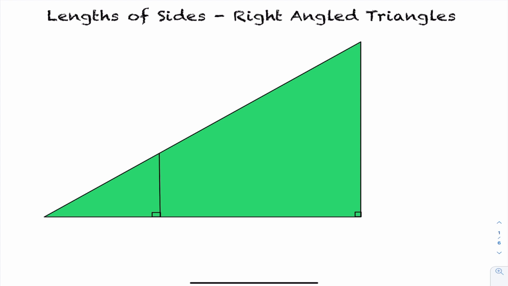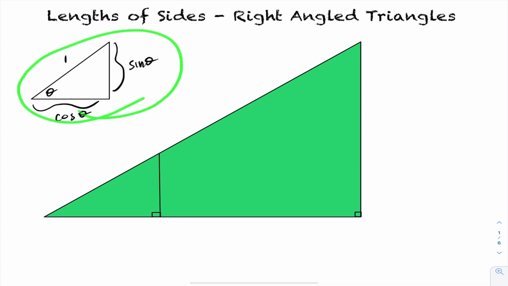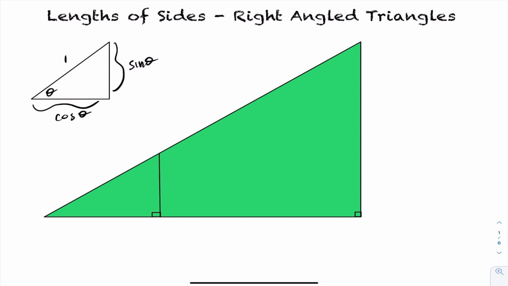So the result we had was that for a triangle having a hypotenuse of 1 and measure theta, we discovered that the length of this side here, this leg of the triangle, was sine theta, and the length of this leg of the triangle was cos theta. And that was a great result. It also allowed us to solve right-angled triangles, but only ones that have a